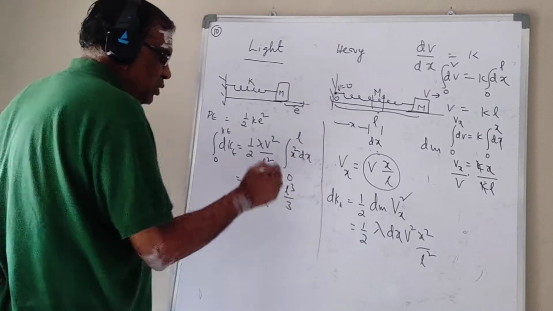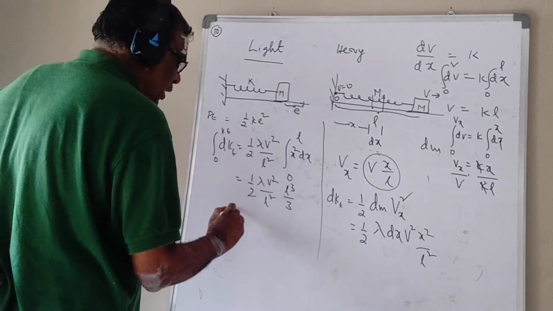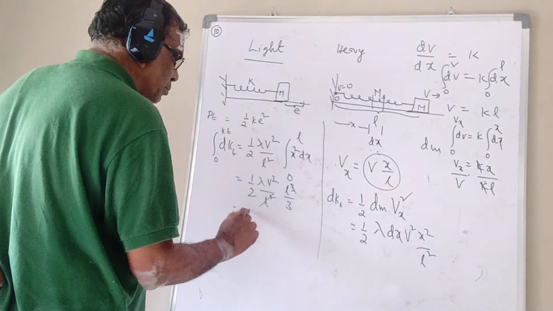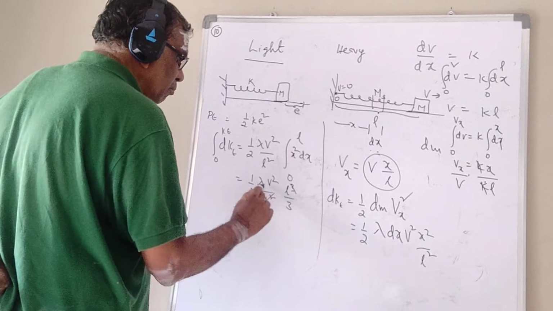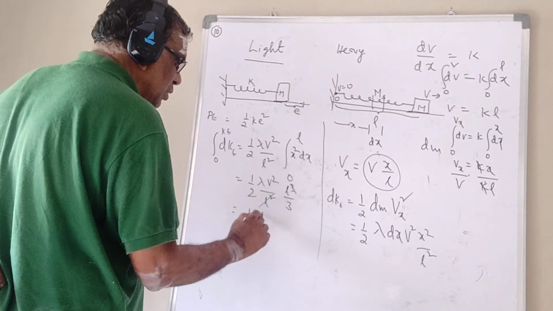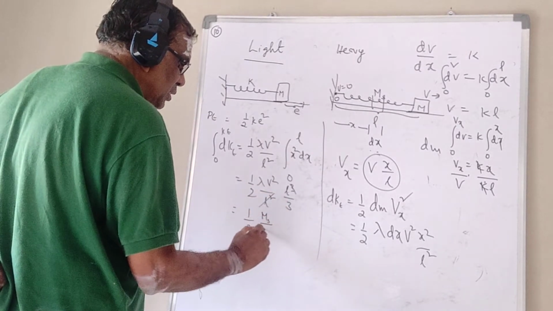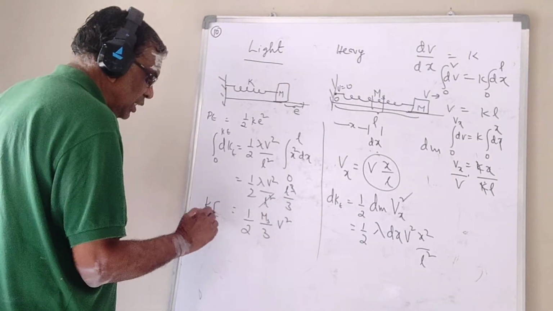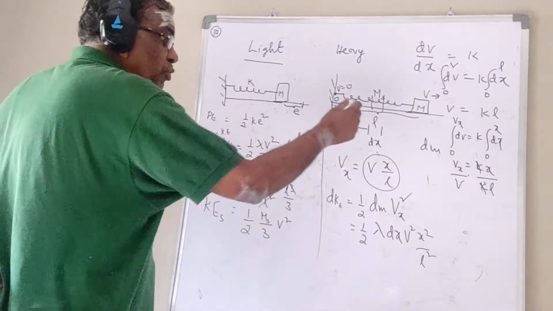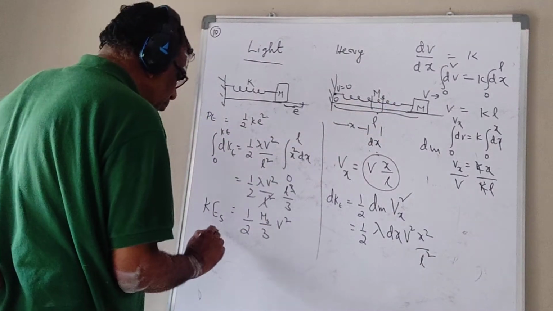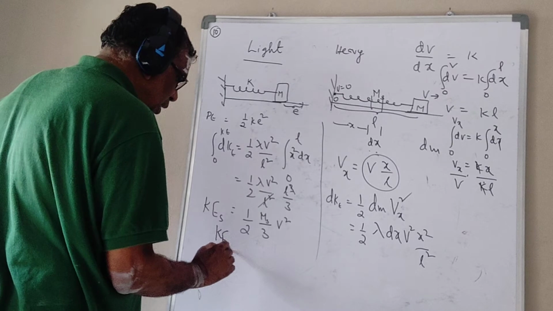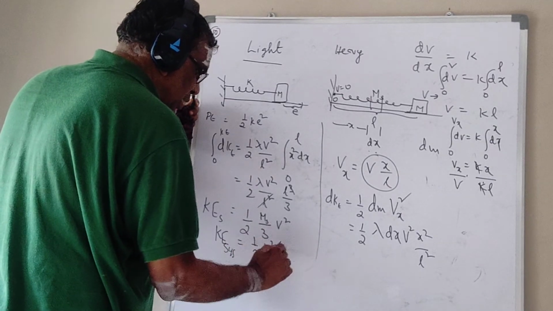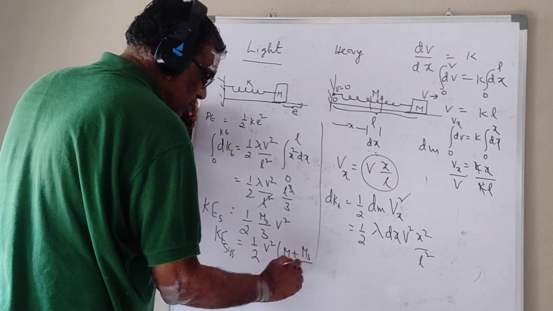If I substitute 0 to L, you will get L cubed by 3, but L squared gets cancelled. Half lambda L is mass of the spring, ms by 3 V squared. This is the kinetic energy of the spring. If you want of the system, K of system is half V squared into M plus